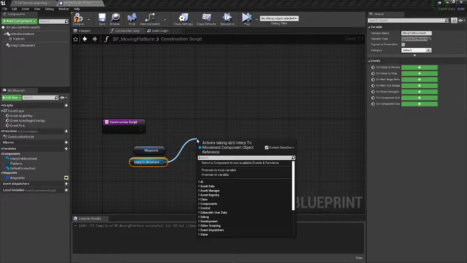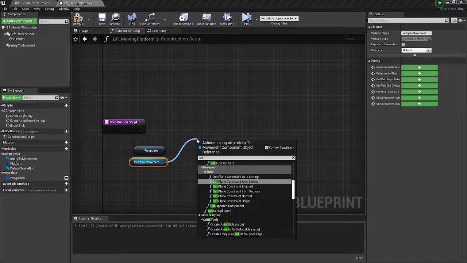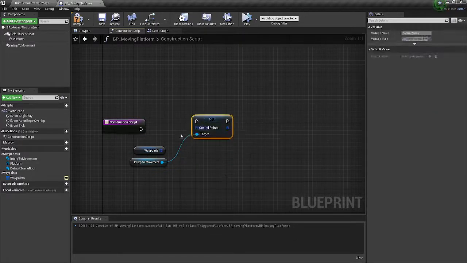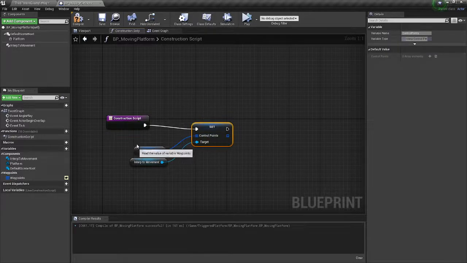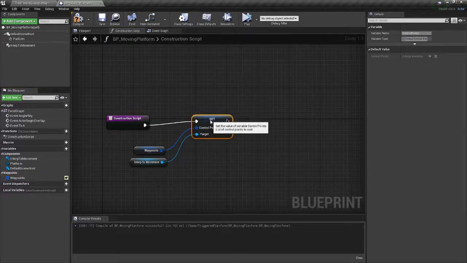So here we're gonna do set control point there, just link it, and we want to store it inside our waypoint one here, the variable. Okay,